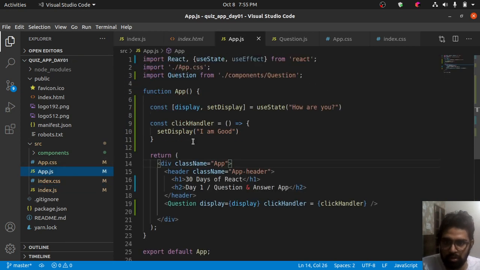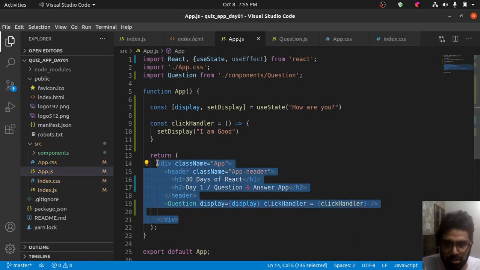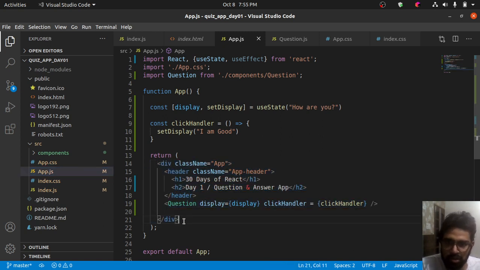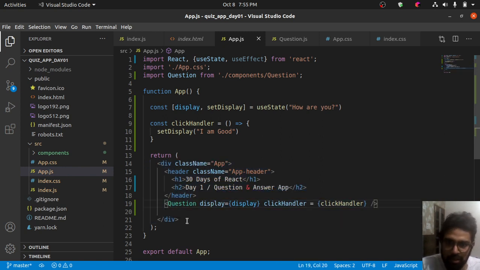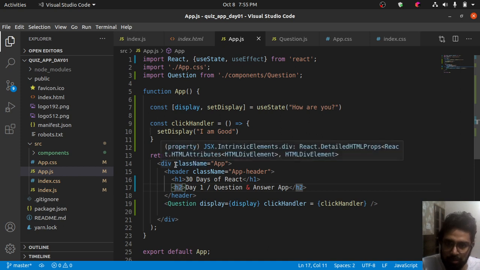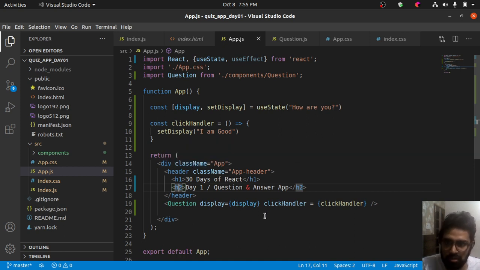Inside this App.js we will be writing a bunch of code, basically JSX. JSX is basically syntax for writing HTML-like code. You can see all this is stuff like HTML. All these tags are like HTML, and the only difference is that we cannot use class inside JSX. We need to use className, because class is a reserved keyword in JavaScript.